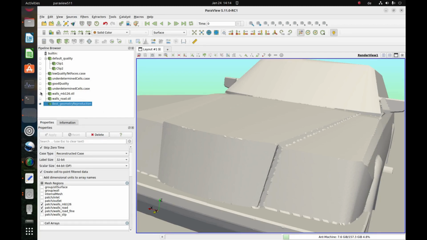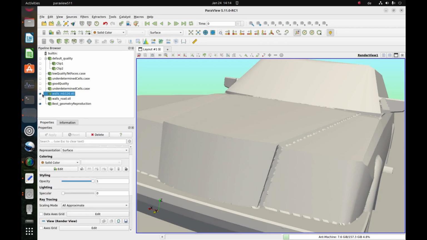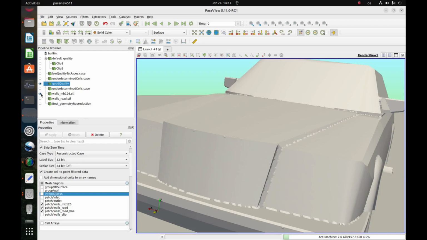Let me turn it on, and you see, if we leave only the STL file, each edge is exactly the edge we created in Design Modeler. And if we are looking for good quality but not good geometry reproduction,